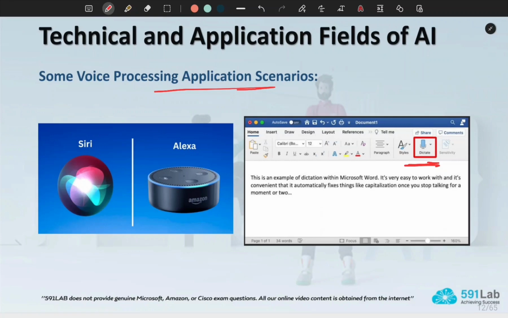Another example is Alexa and Siri. But actually Alexa, Siri, and Google Smart Home, all these devices have both speech recognition and also NLP. Automatic speech recognition and NLP. To function properly, they have both of them. They integrate both fields to give the final product. I will go through NLP first and then go back to Siri and Alexa to explain the process and what NLP does and what speech recognition does for both of them.